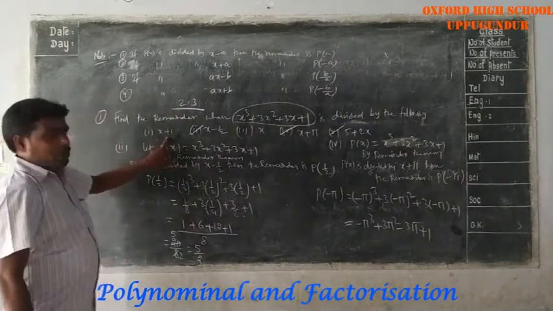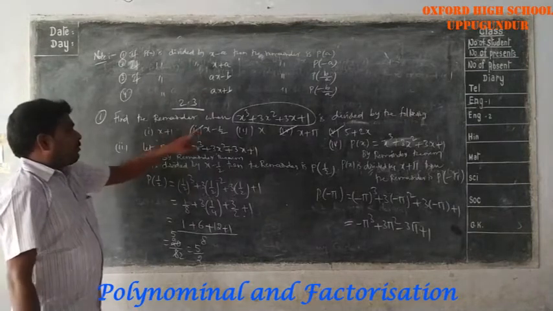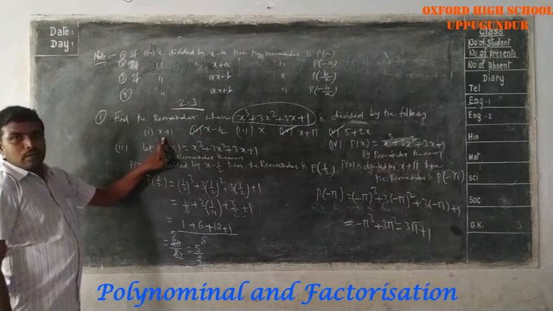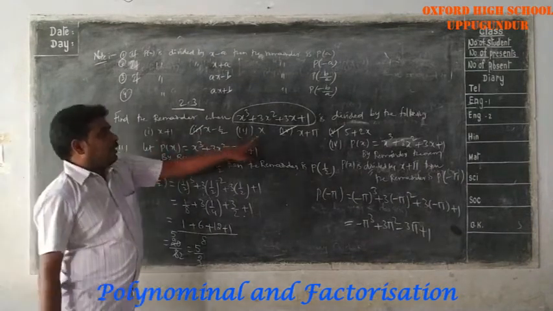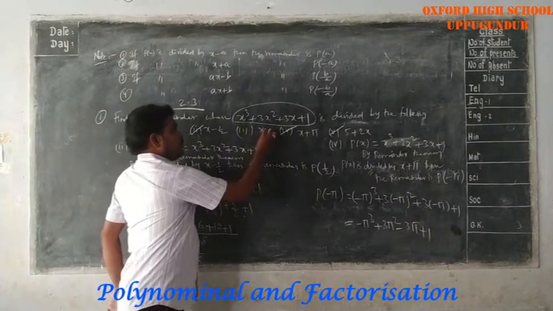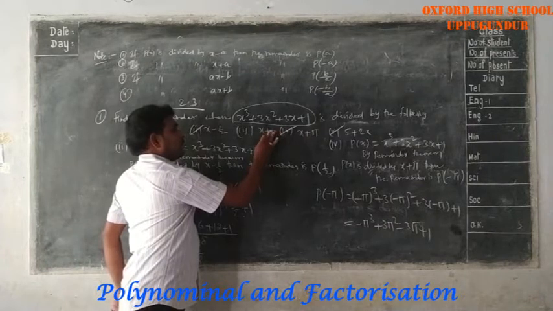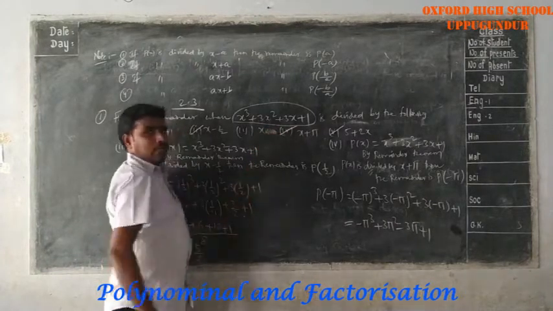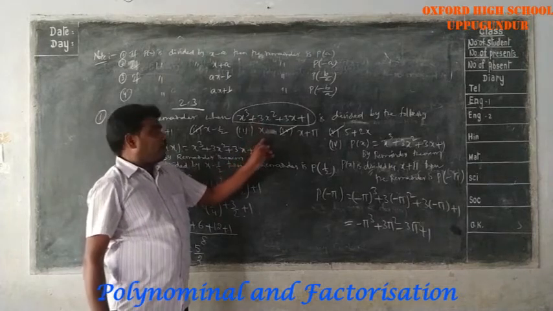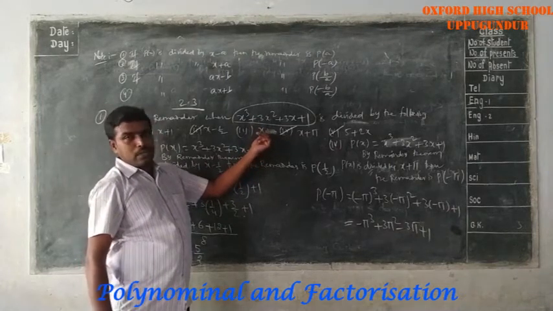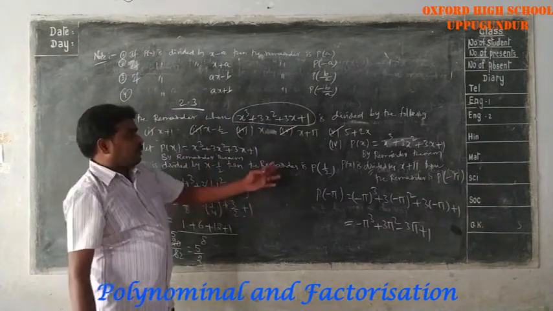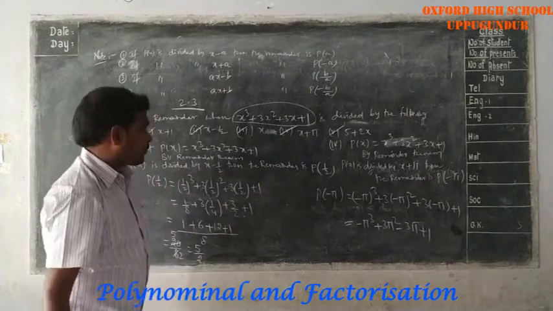So for the first one and second one, what is the remainder if P of x is divided by x plus 1? P of minus 1, you have to find P of minus 1. Here P of x is divided by x. So in place of the second term you can assume either plus 0 or minus 0. What do you substitute to get 0? 0. That means P of 0 you have to find. So the third one and first one you have to do. Now I will tell you the fifth one.